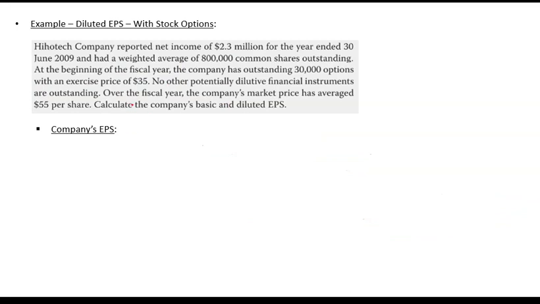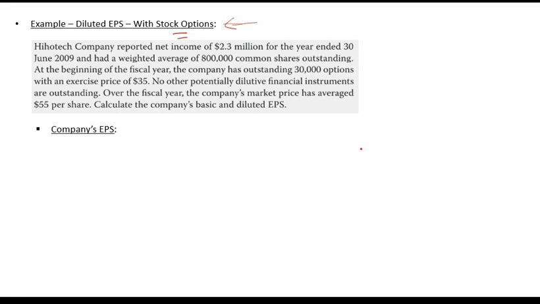Okay. So next example is for stock options. Let's say there are employees who are given the options by the company to purchase the employer's stock. In that case, if employees exercise the option, those will be converted into common shares. So what will be the impact? The impact will be that the number of shares outstanding will increase. Now the question is, what will be the exact number by which they will increase.